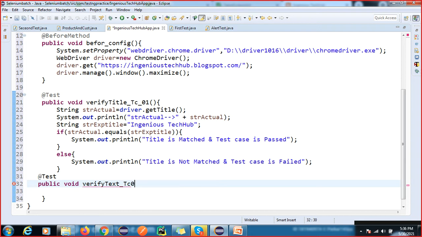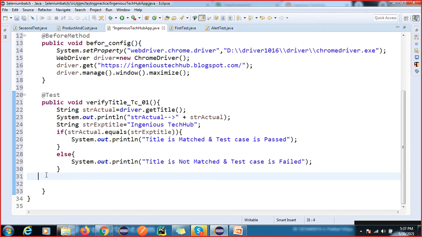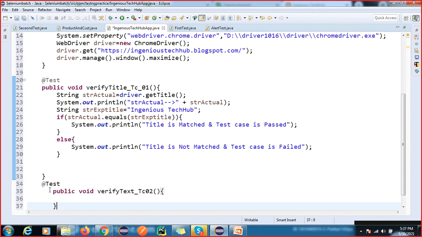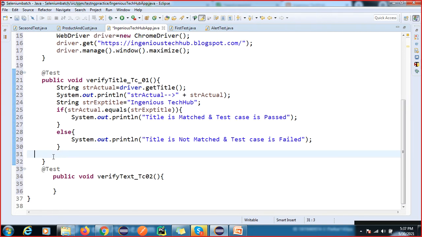Here we can write as per your manual test cases. I think something I have written wrong here. I have defined a method inside this method. We cannot define a method inside a method, so this block is closed here, right?